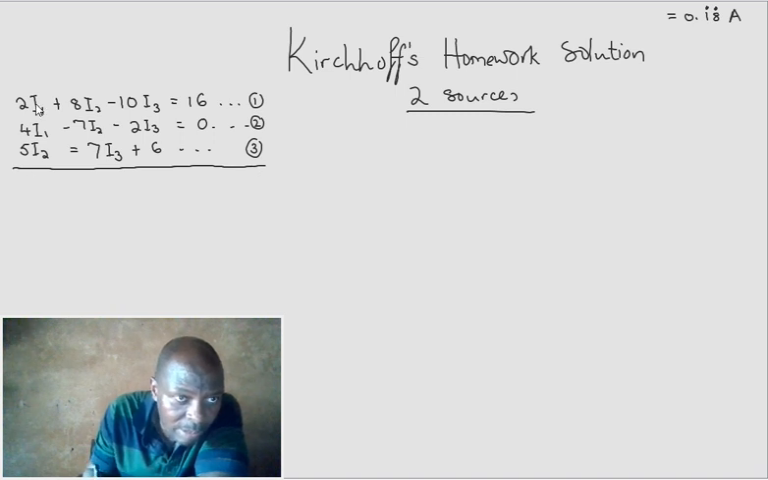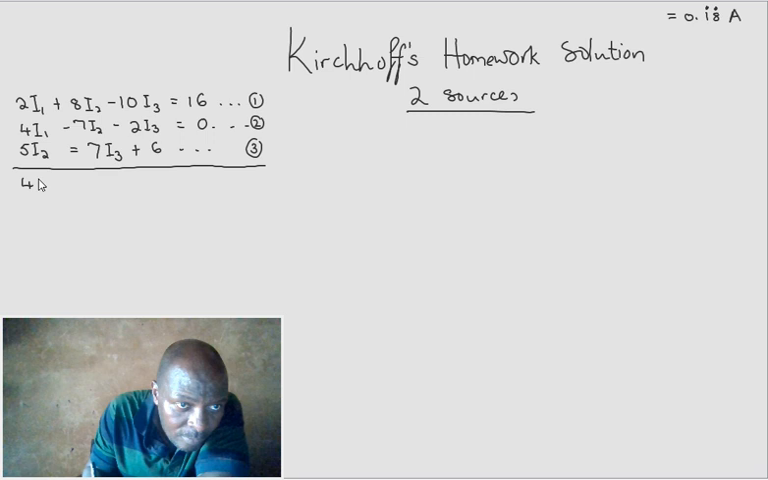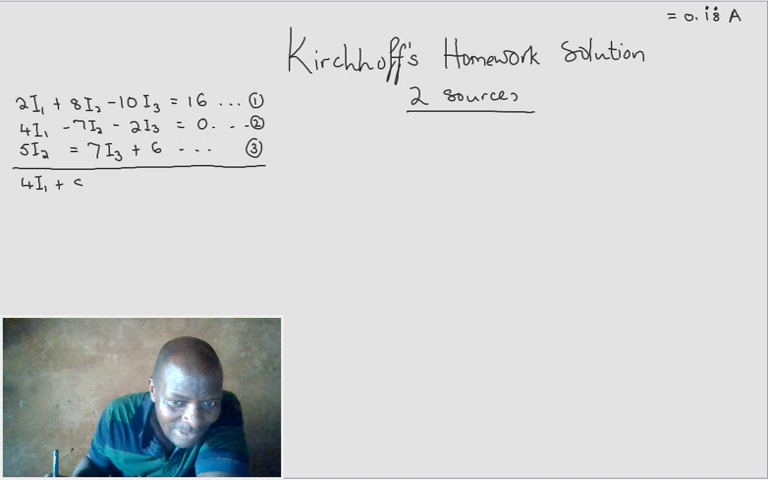Immediately multiply equation 1 by 2 and say 4. I want to have the same as the second equation there, 4i1, and then plus, I'm multiplying by 2 across, so that will be what? 8 times 2, that is 16, i2 minus 20,